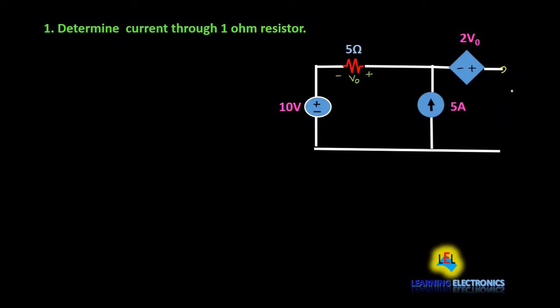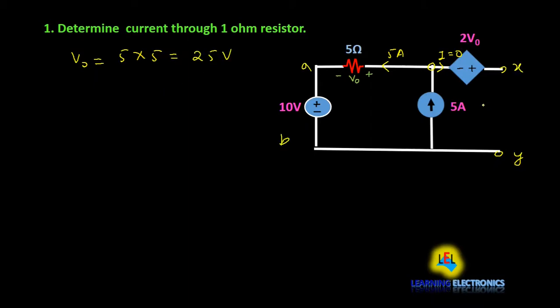We are getting two open terminals here. Since this is an open circuit, the current flowing through this branch I will be equal to 0. So this 5 ampere current will not divide at this node, and it will directly flow into this 5 ohm resistor. So through the 5 ohm resistor also 5 ampere current will flow. Here we can see that one dependent voltage source is given, which depends on the voltage across this 5 ohm resistor, V0. So V0 will be equal to current into resistance. So current is 5 ampere into resistance is 5 ohm. So we are getting V0 is equal to 25 volt here.